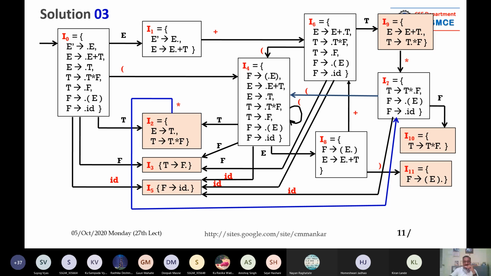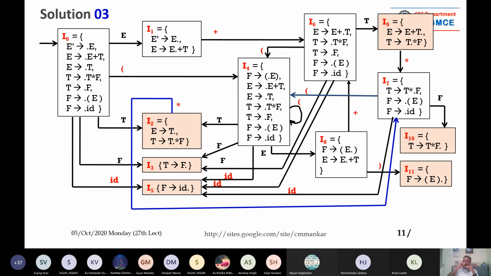See, in I2, in the first production rule, the dot is after T. In I3, the dot is after F. In I5, the dot is after ID. In I9, the first production rule is E giving you E plus T, dot is there. See, try to understand the difference between a comma and that dot.